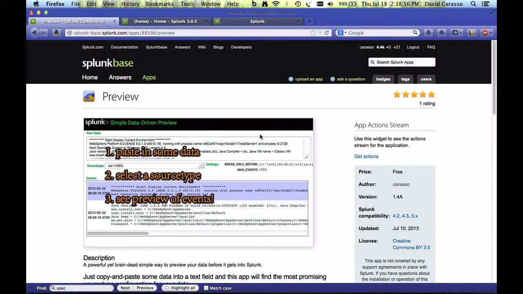I'm going to be going over an app that I wrote called Preview. It's a very simple app. It's a proof of concept. So the idea for this app is very simple. There's a text edit here. You paste in some data. Then it'll suggest some source types that you might want to consider. And it'll show you the settings for that source type. And then you'll see what those events would look like in Splunk were you to ingest this data as that